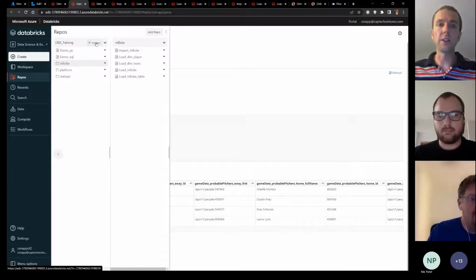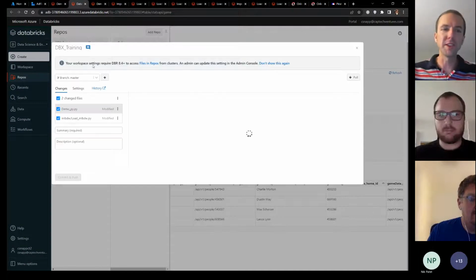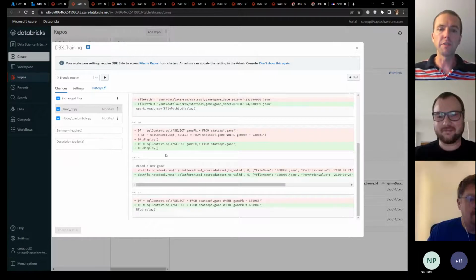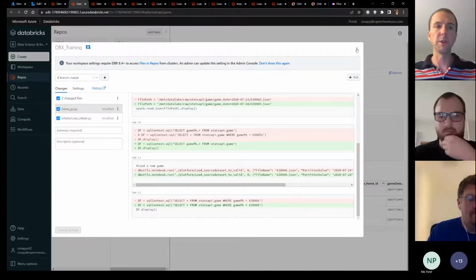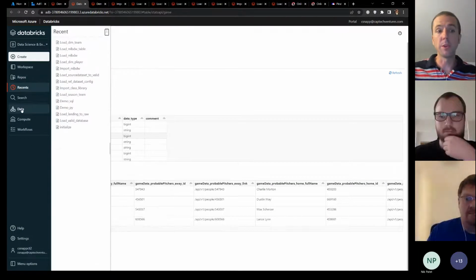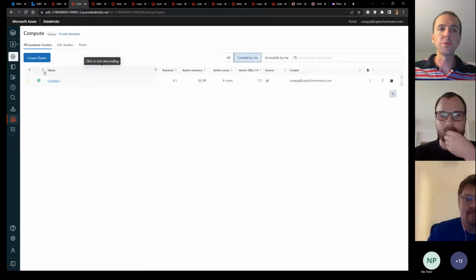And all I can do is click on this master branch. I develop on master because it's my own thing. Obviously, you would do feature branching for your own development at your organization. So it does code differentials for things that I've changed, and you can add commit messages and push them just like you would expect a good IDE experience to have. It's got recents. But then we just walked through the data blade. There's also the compute blade, which shows you your clusters.